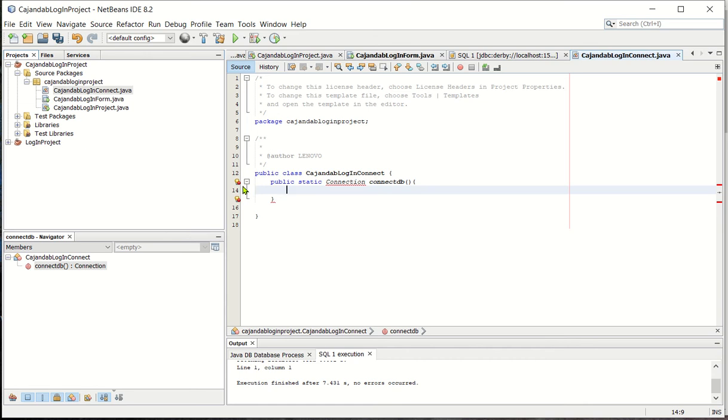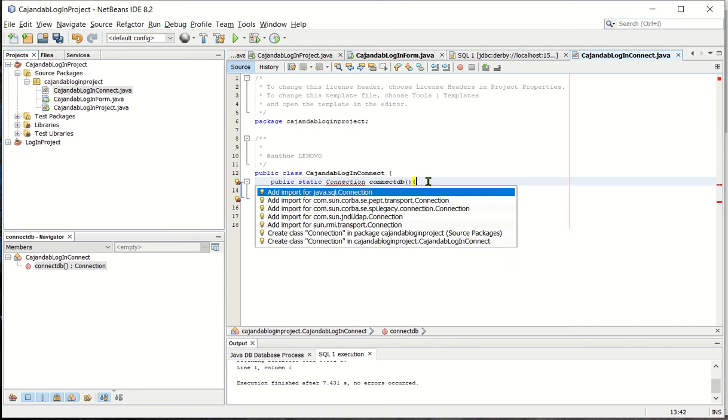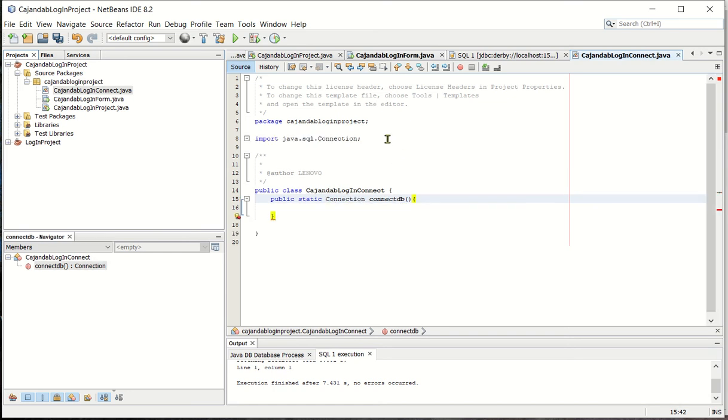So we have a warning here. Let's click on it. Okay, it can't find the class connection. So simply click on the last line and then Alt Enter on your keyboard. Then let's import the class java.sql.Connection. Let's change it to asterisk